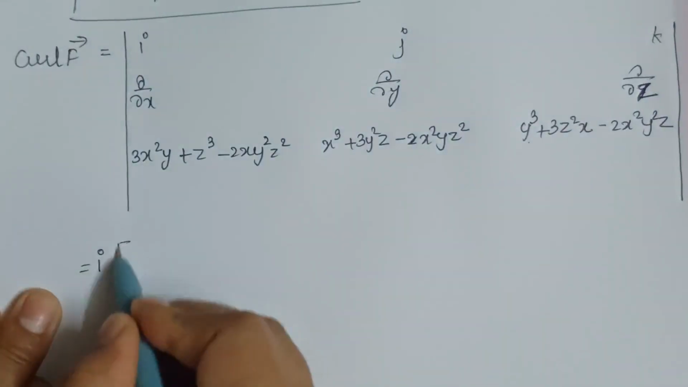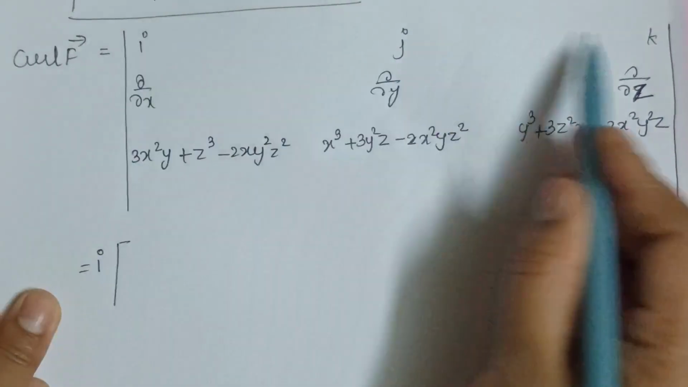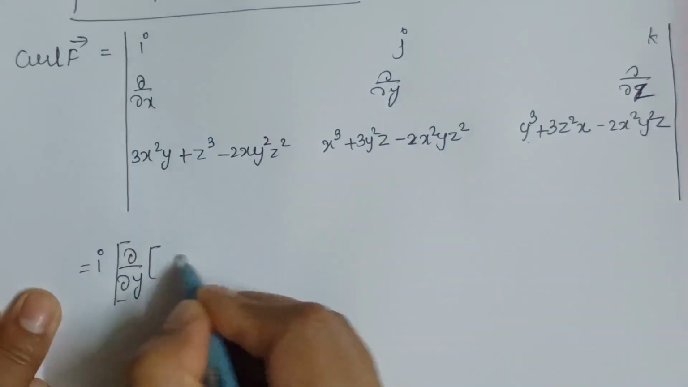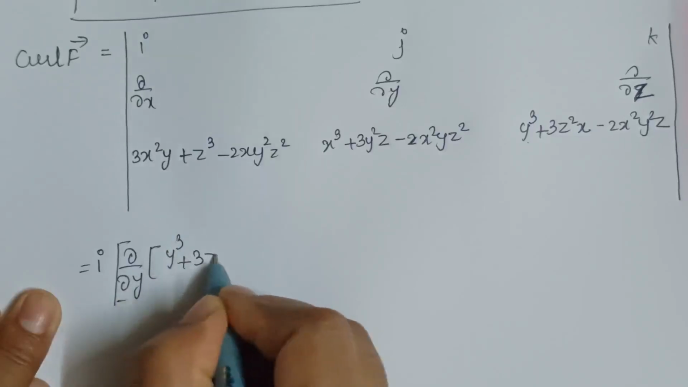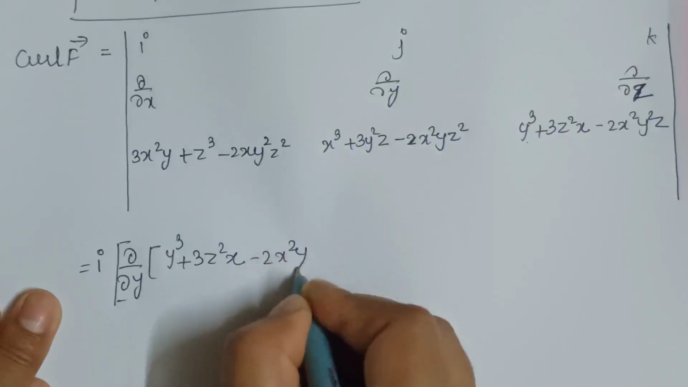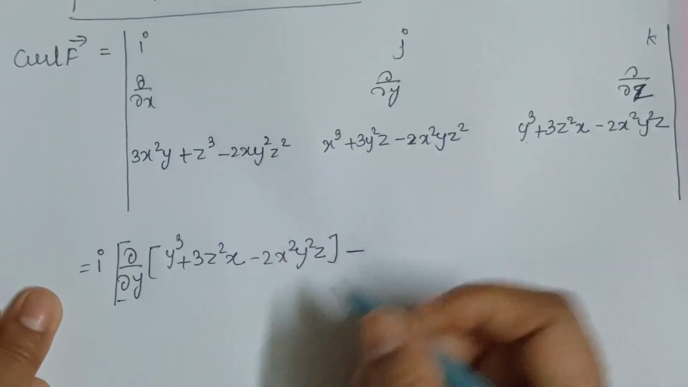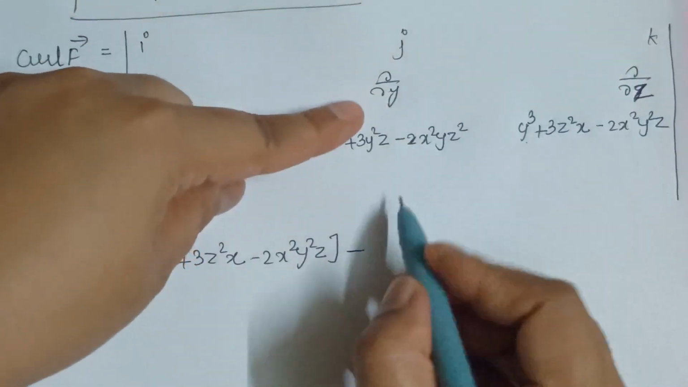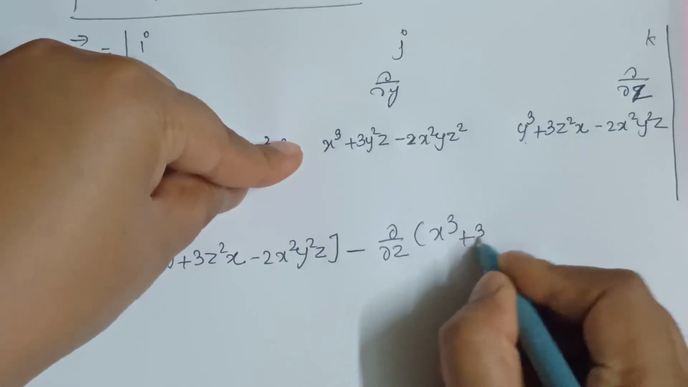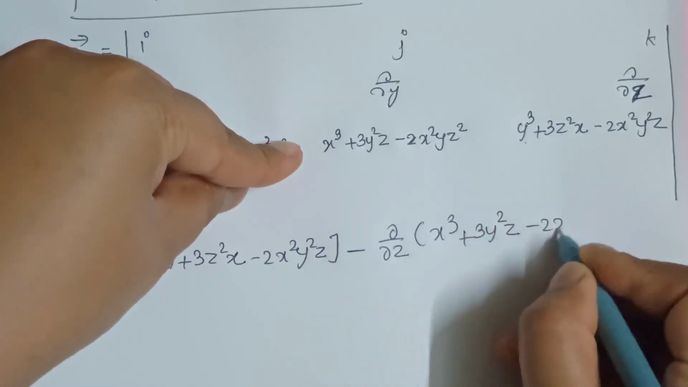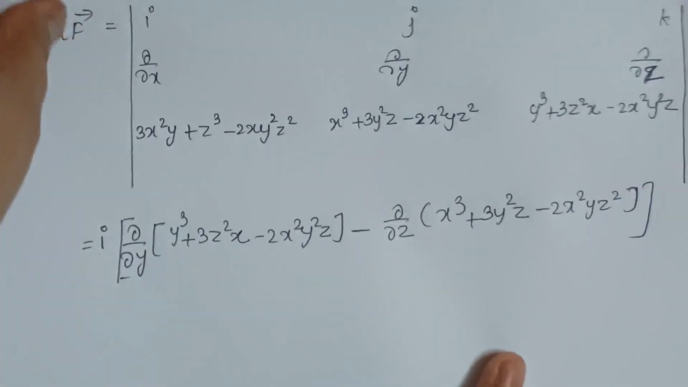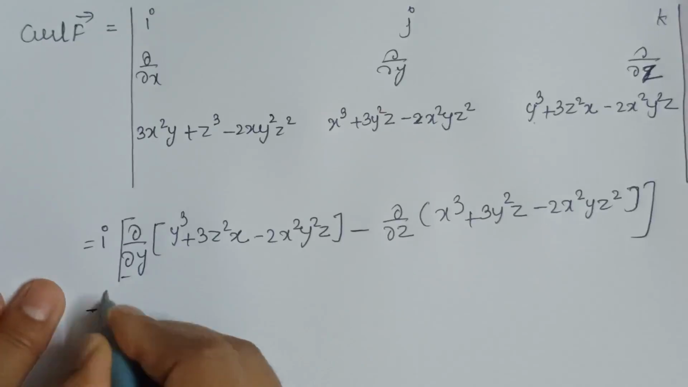So here we are going to leave this column and this row. So it's going to be dou by dou y into y cube plus 3z square x minus 2x square y square z minus, it's going to be dou by dou z into x cube plus 3y square z minus 2x square y z square. Okay. Now it's going to be minus j